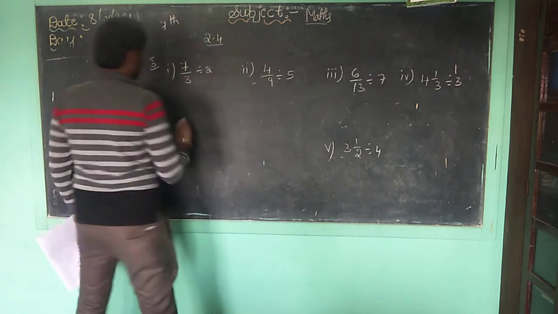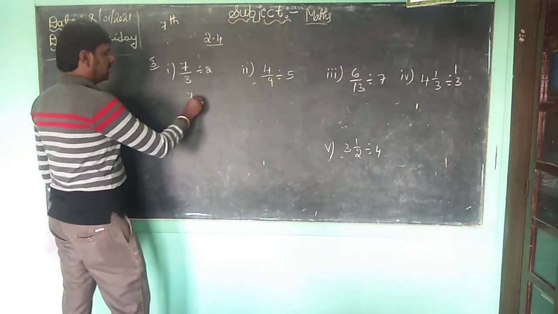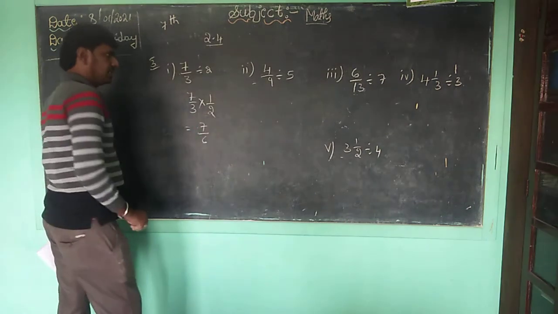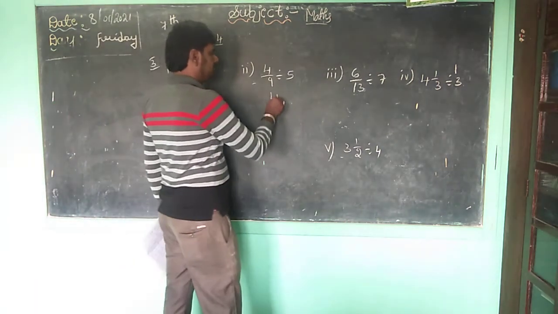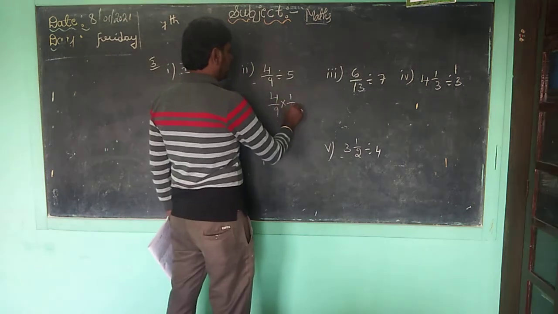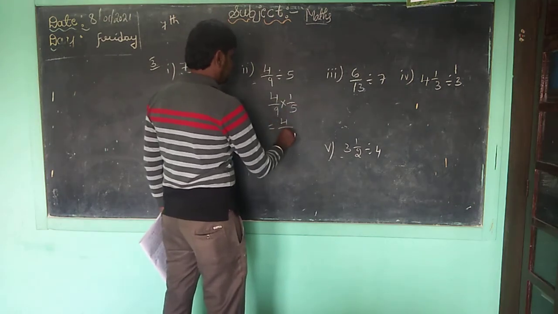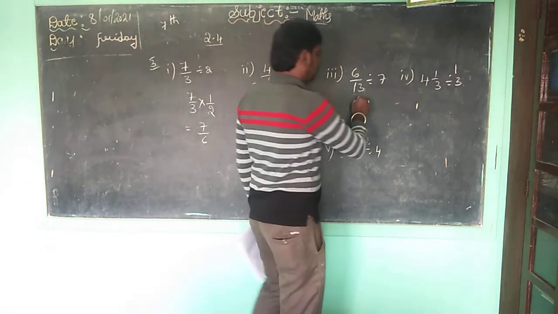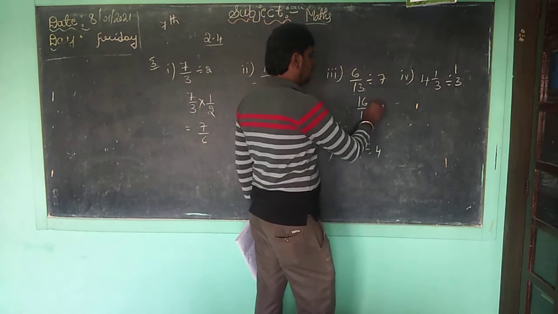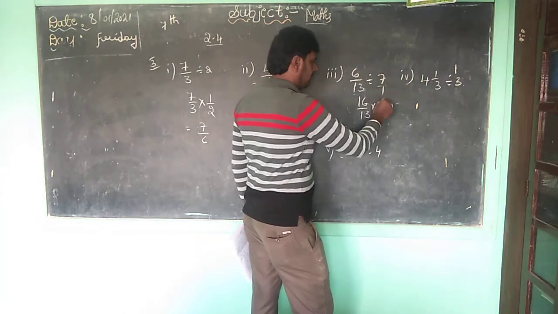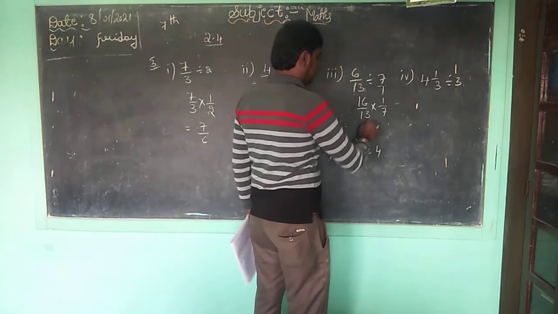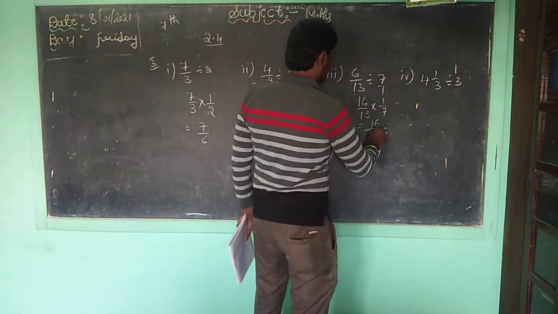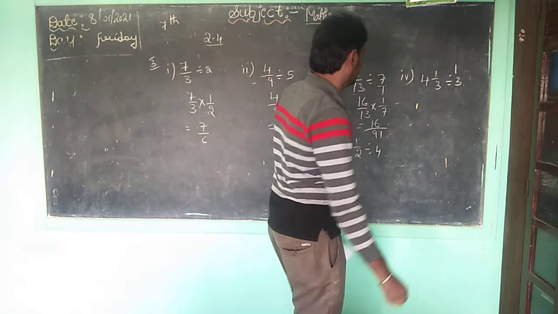So children, you want to take this one, 7 by 3 divided by 2, so it is reciprocated: 7 by 6. Here also 4 by 9 divided by 5 means 1 by 5. It is equal to 4 by 45. 4 1s are 4 and 9 5s are 45. Here also 6 by 13 divided by 7 means you want to reciprocate 1 by 7, and 6 1s are 6. Correct, children? Children, this one also 7 3s are 21...